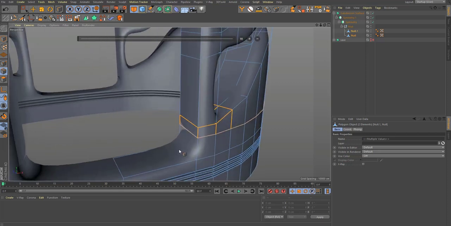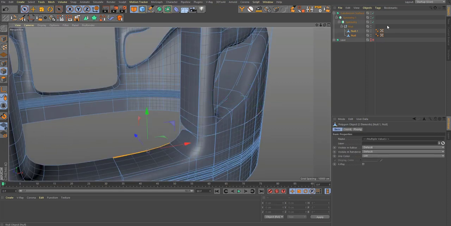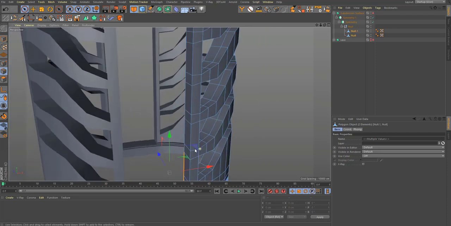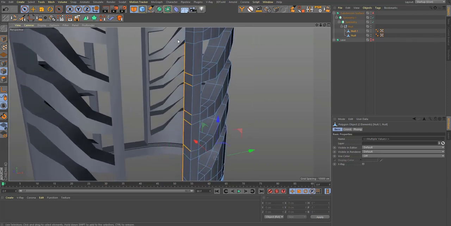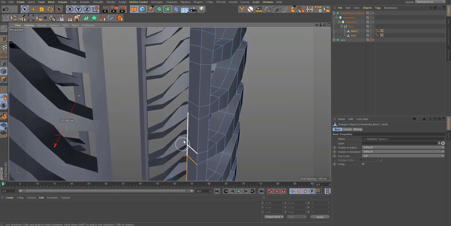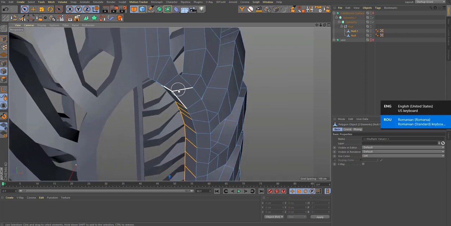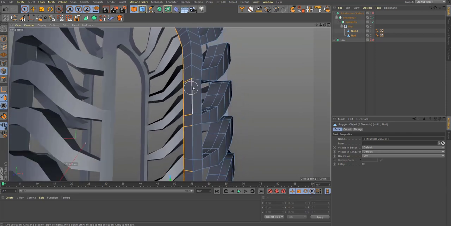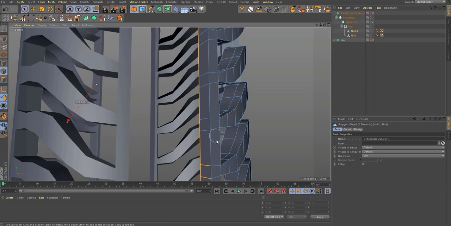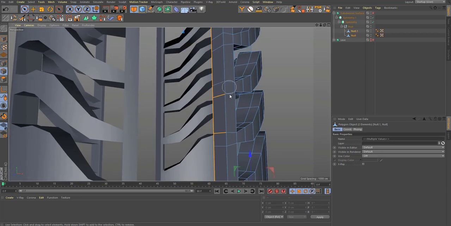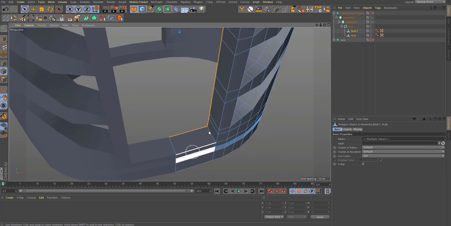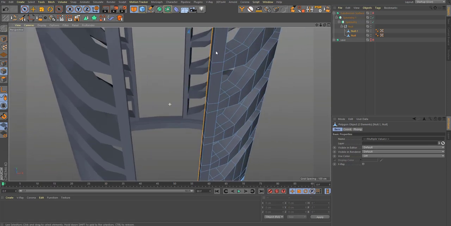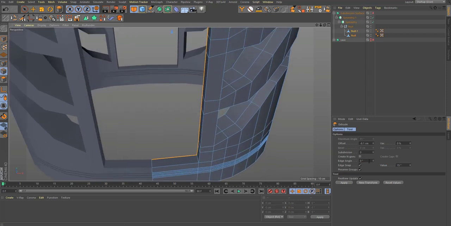This and this. Just gonna go here and I'm just gonna select the edges that I want. Let me just bring this like, I don't know, kind of like so. And now what I'm gonna do is I'm just gonna extrude them like